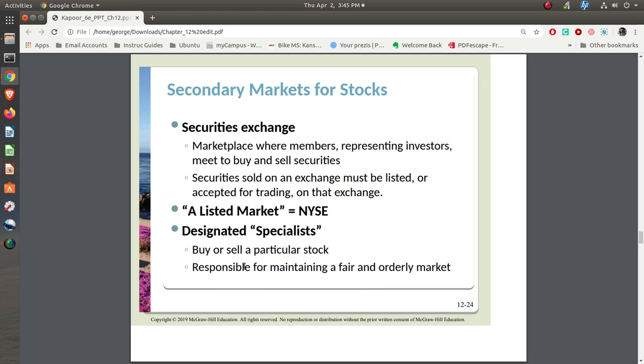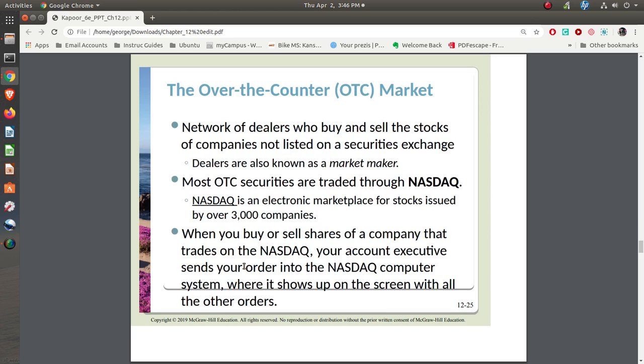The New York Stock Exchange is on Wall Street, and it actually started back in the 1700s, where people were on a corner trading stocks back and forth for some of these companies that were doing investigations and getting on ships and going to other countries. That's where it started, and it's been on Wall Street ever since. Now the counter market is the NASDAQ, where dealers buy and sell the stocks. They're not listed on the big exchanges.